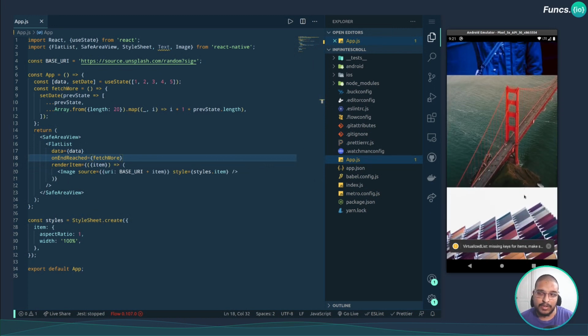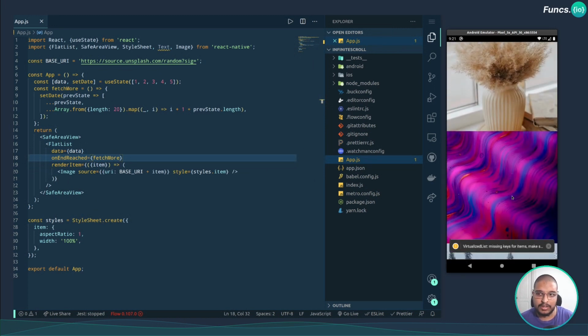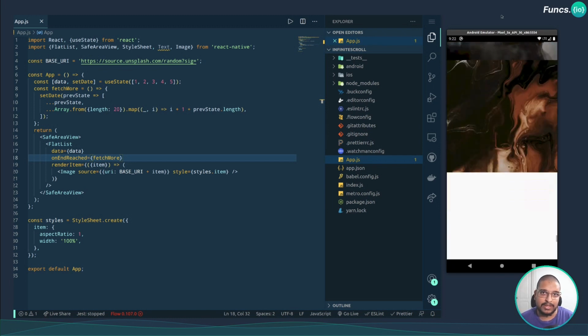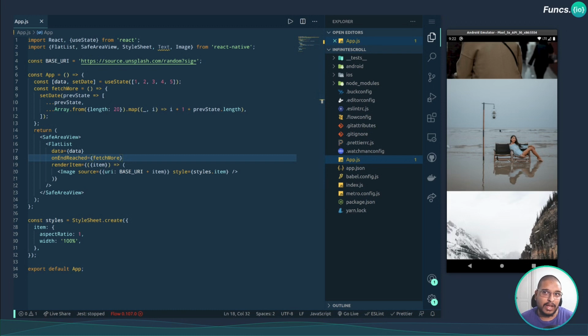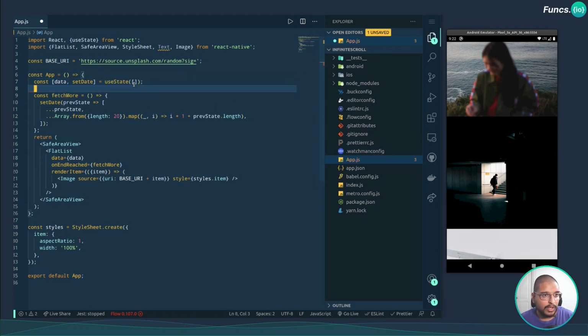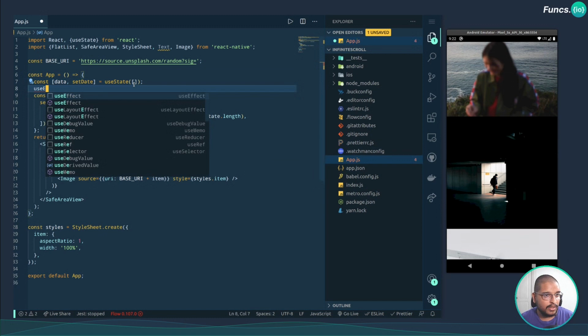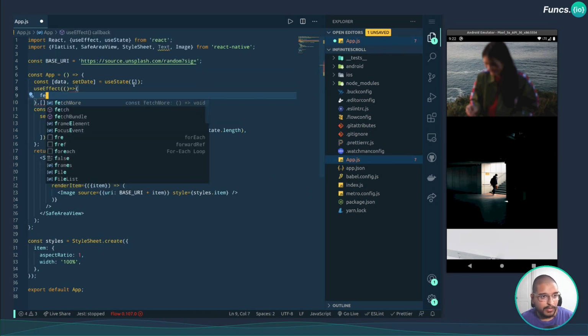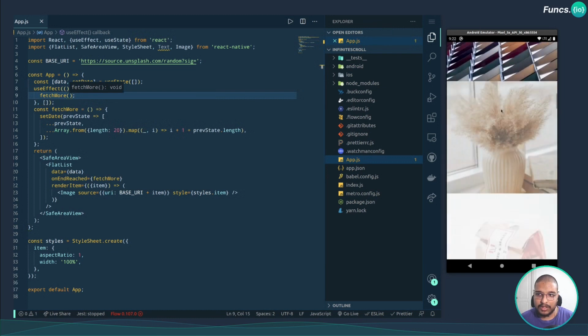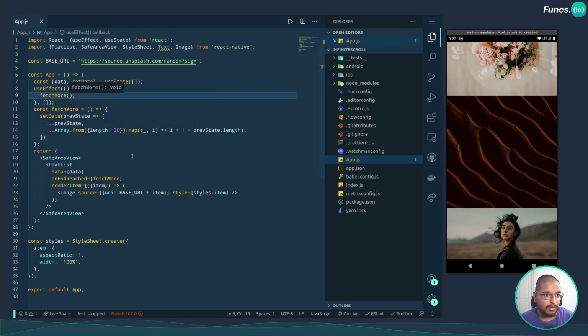As you can see, when we are reaching the end of the list, we are calling for more items, which makes it infinite. Now let's append the items dynamically on the mount of the component. So for this, we need to remove this hard-coded array, and what we can do is useEffect, and when the component mounts, let's call this function. So when we are mounting, we have 20 items already.